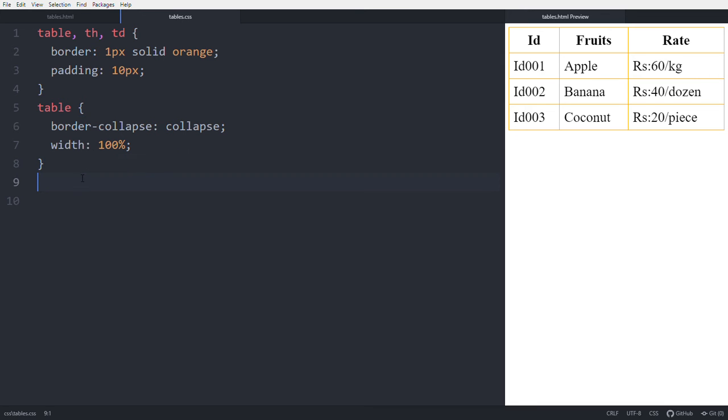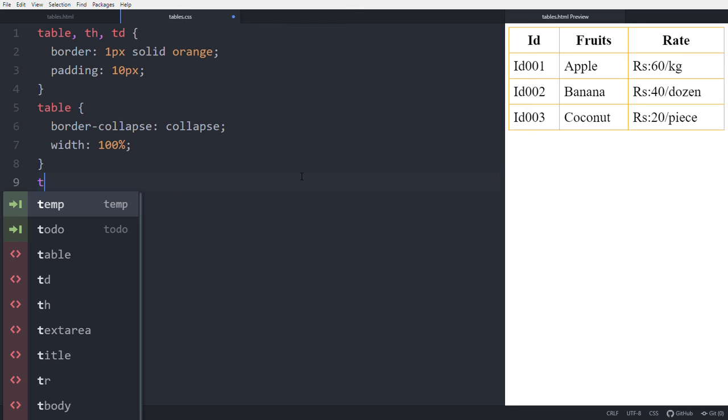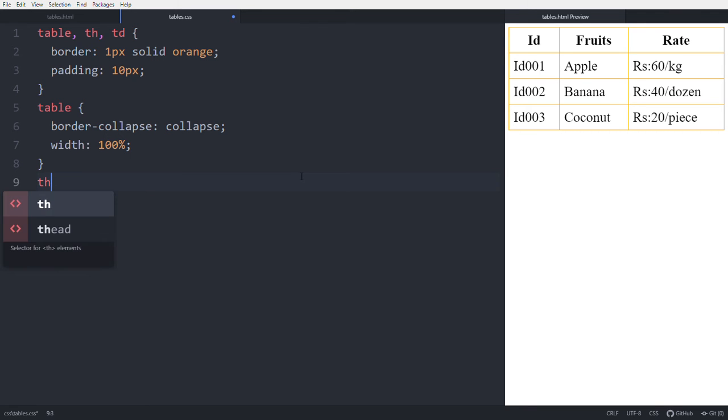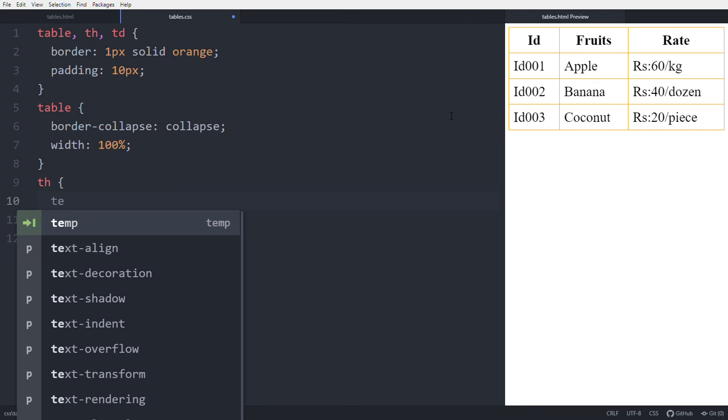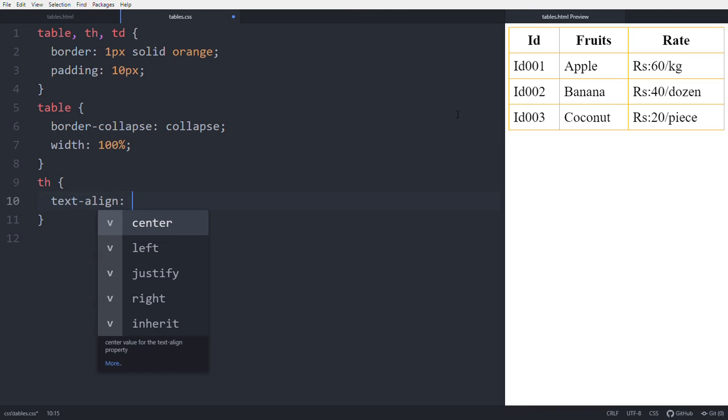Next comes the modification to the header part, th, the header part of the table. It is by default in the middle. To move it in the horizontal way, text-align helps to move the values in the horizontal manner.